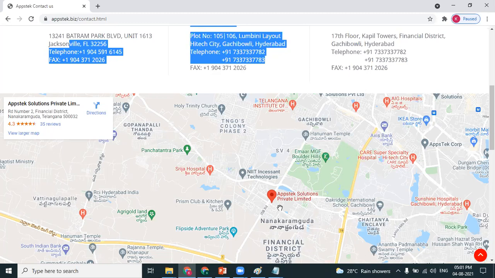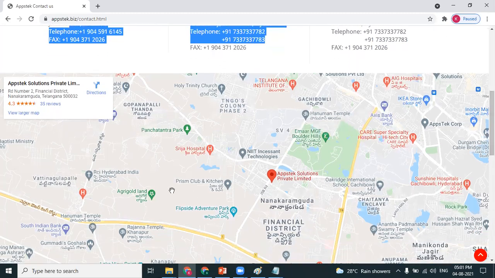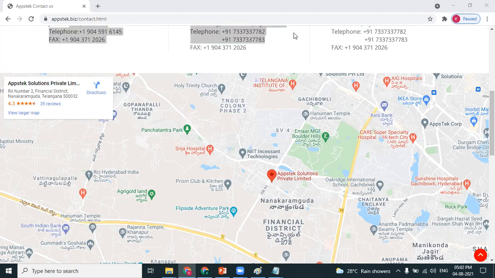Now, do you think this map is developed by the web designer? No, they're just getting that. So the website developer will drop a pin in the Google map, and then Google map will give us some API code. That API code will be integrated into this particular contact us HTML so that the map will be visible here. Agree or not? So API is a piece of code. It's a predefined piece of code which will help in achieving a specific functionality. Clear, Arvind? Clear about the concept of API?